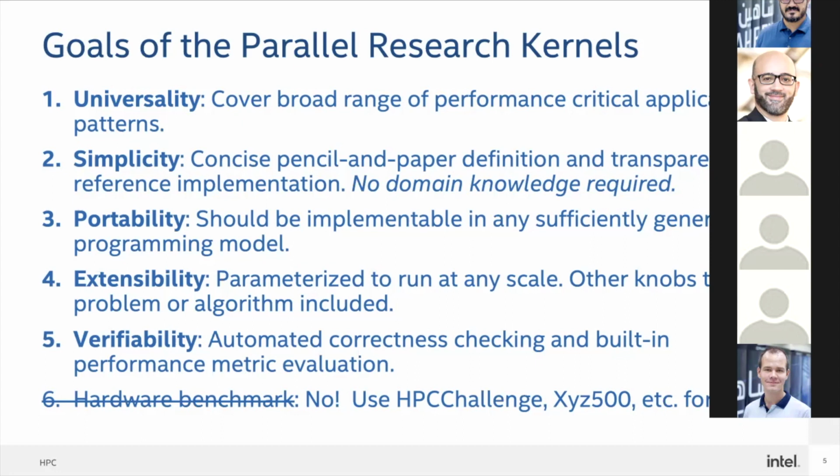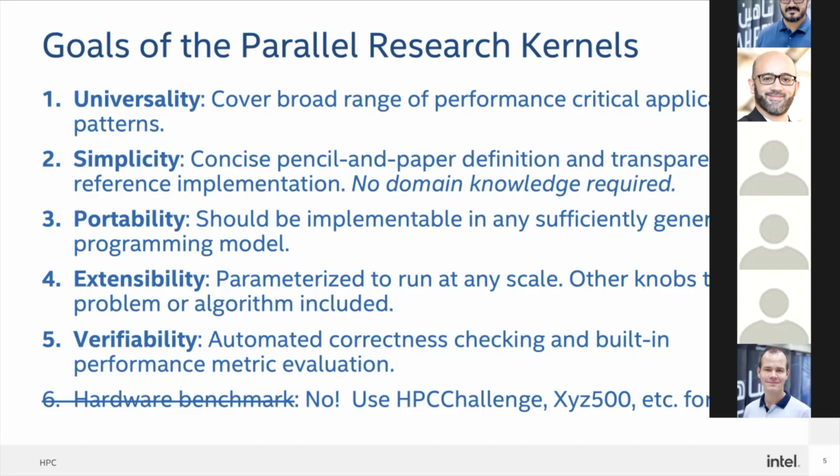We published a paper where we scaled them all the way out. And so there are knobs there to do that. And in that respect, because they're parameterized to be extensible, they're not in fact benchmarks. Benchmarks have a fixed input, or some structured nature of the input, like LINPACK. And we don't do that. We say, okay, you can do what you want with it. If you want to fix the problem size and use it for some purpose, fine, you can, but we're making them extensible. And verifiability, we are not perfect.